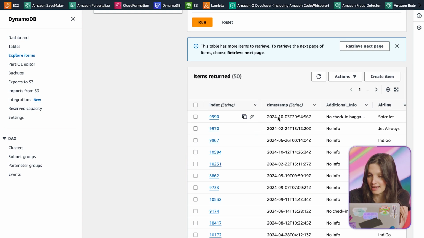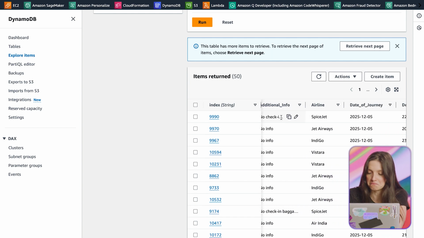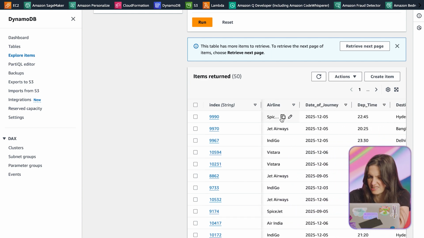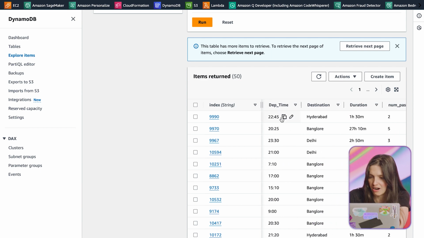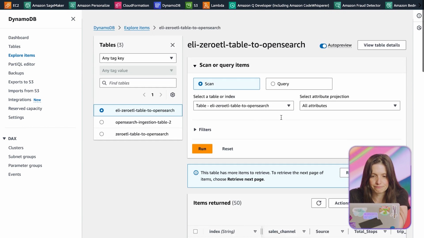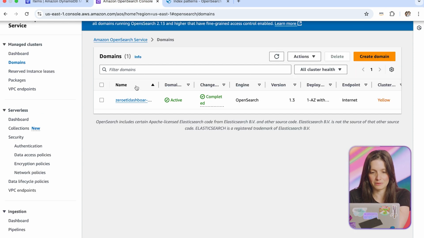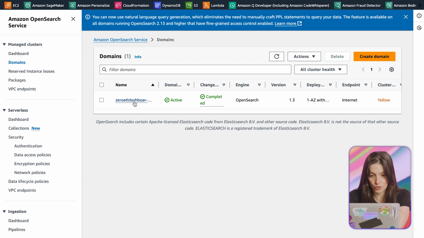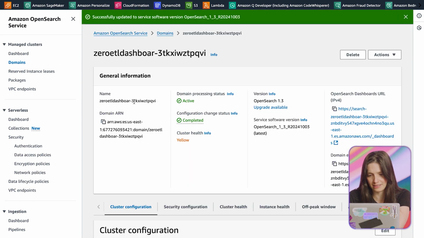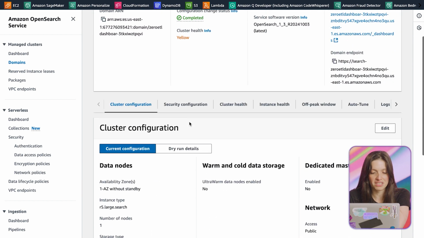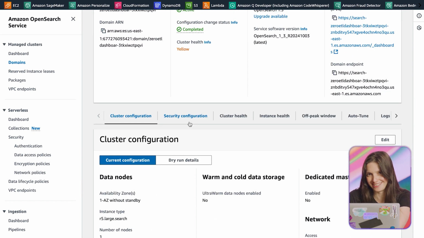I have an index, a timestamp, and a lot of information about this ticket purchase, flight journey, and so on. Now we have an OpenSearch domain ready to receive new data. This is my domain. I have this domain already created, and it's ready to receive this new data.